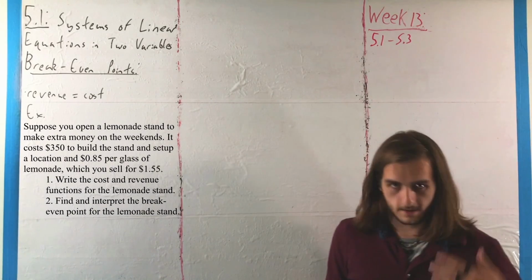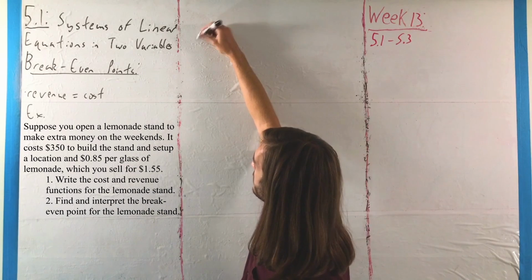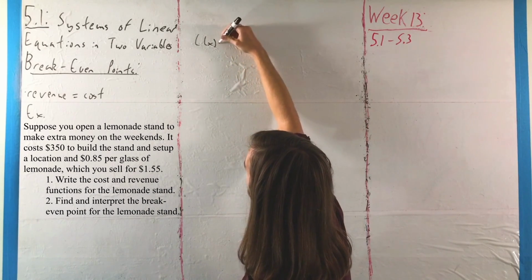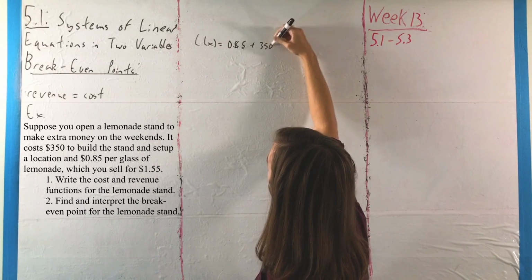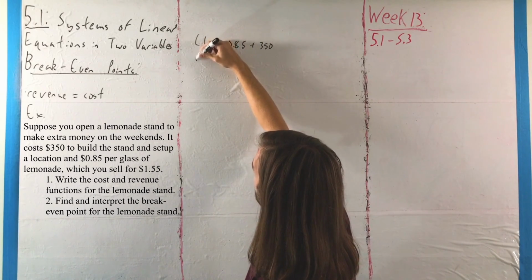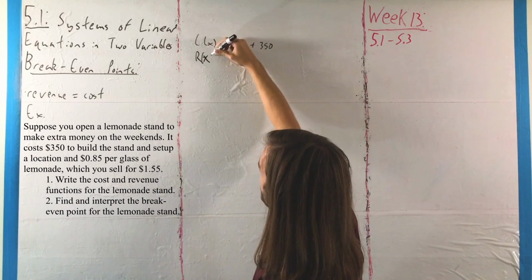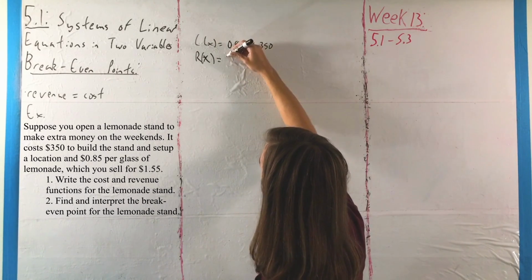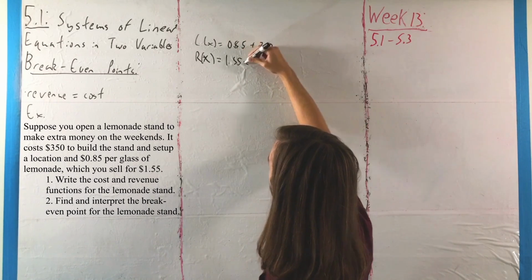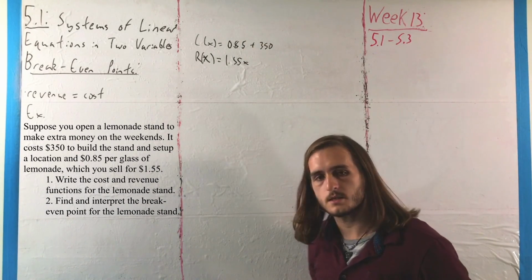So with this, we are coming back to where we started essentially, because we have our cost function here, C(x) is equal to 0.85x plus 350, and R(x) is equal to 1.55x. I picked the lemonade stand here, even though people probably don't really use lemonade stands anymore, because I